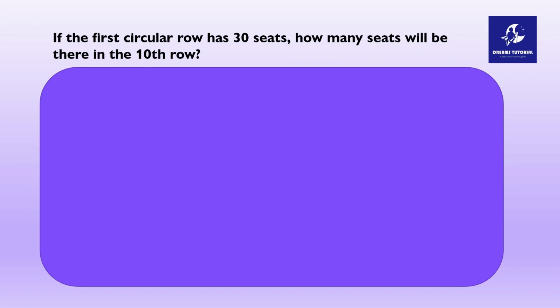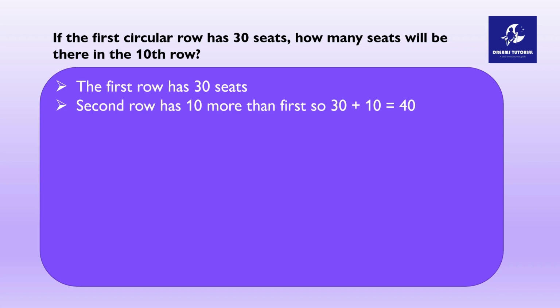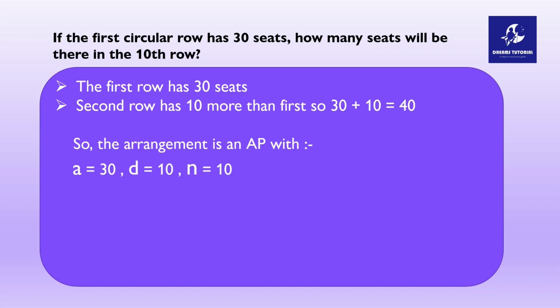The first circular row has 30 seats. How many seats will be there in the 10th row? Simple. So what is given? The first row has 30 seats. Then how much would the second row have? Well, it's 10 more than the first row, so it is 30 plus 10, 40 seats. So what is this chapter all about? Arithmetic progression. So this arrangement is an AP with a is equal to 30, d is equal to 10, and